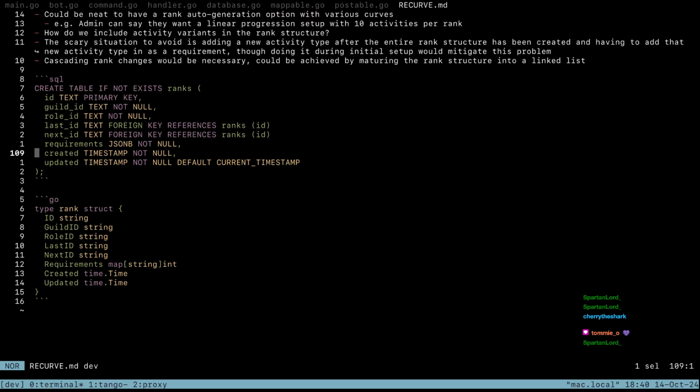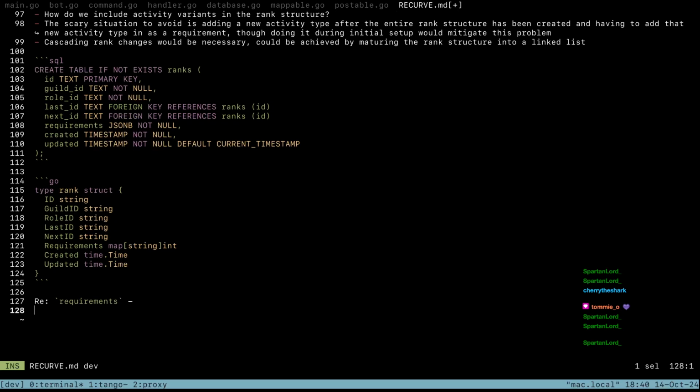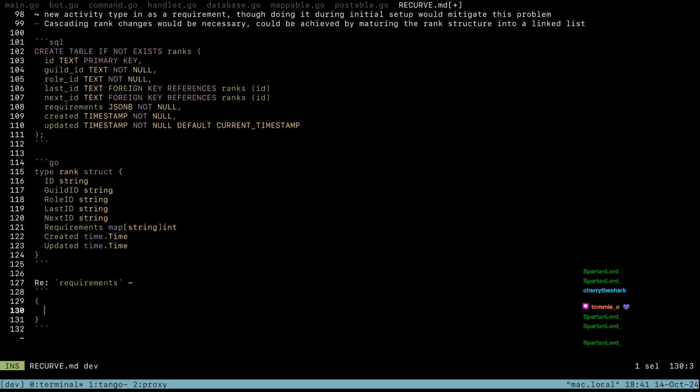And then while I was eating lunch, I wrote down some reasoning behind why going with requirements is a good idea, going with a map, because basically we can say we can do something like this, where we have